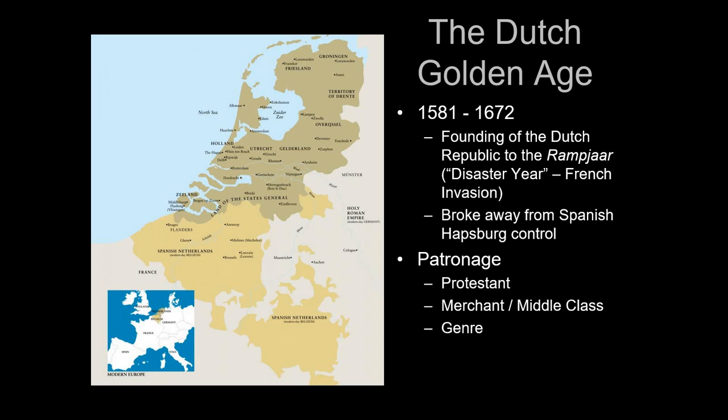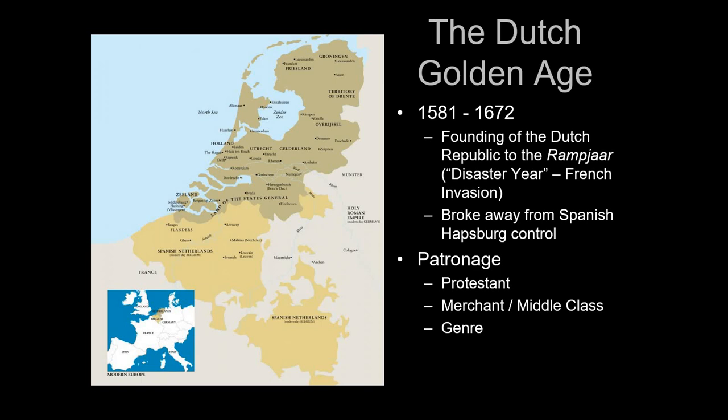Remember, this is a very complicated region. We used to call this area Flanders, the Low Country, but when it forms into the Netherlands is when it breaks away from Spanish control. This is the period of the Protestant-Catholic Wars. In a lot of cases, the big powers, the Holy Roman Empire and Spain, would go in and invade and conquer areas under the pretense that they were there to protect Catholics in those territories. So ostensibly it was a religious war, but oftentimes it was just politics and imperialism.